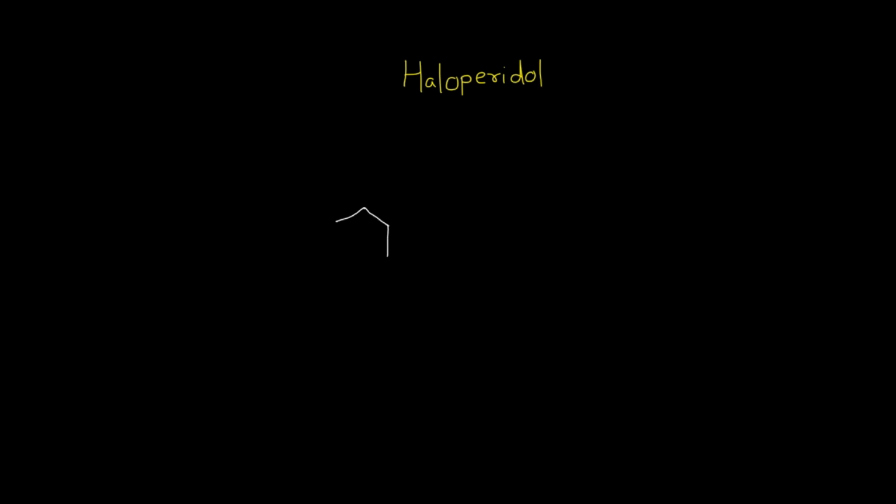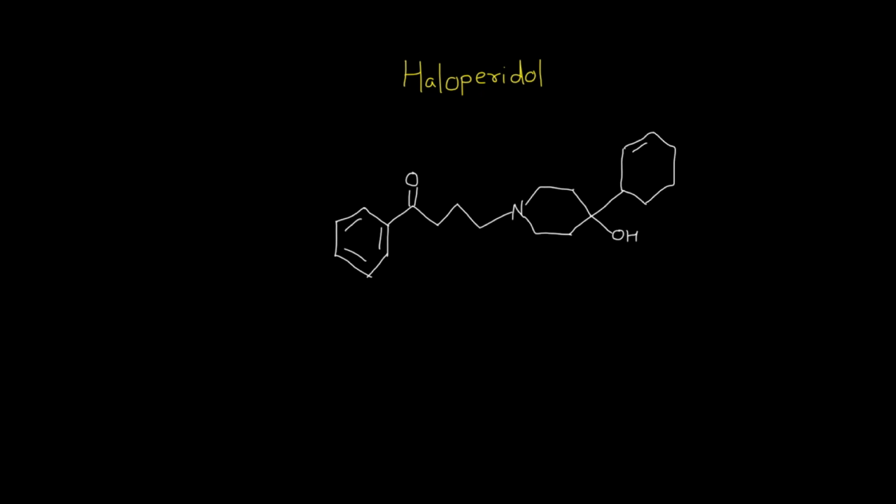First draw the phenyl ring and attach the butyl group to this phenyl ring, that is 4 carbon atoms, and then draw the ketonic functional group, that is C double bond O. Perid means piperidine ring, so draw the piperidine ring after the butyl portion. After the piperidine ring, attach the alcoholic functional group, that is OL, so attach the OH group, and then attach the 4-chlorophenyl ring at the fourth position of the piperidine ring. Halo stands for halogen, that is chloro and fluoro.